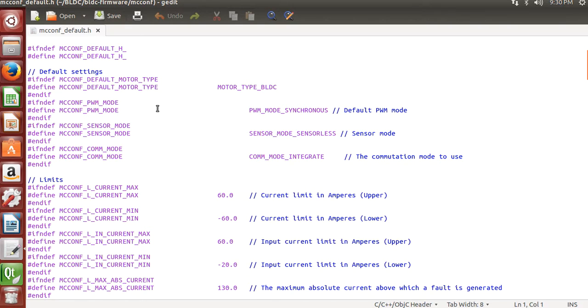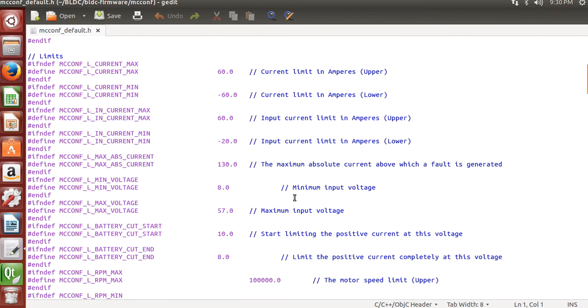It's very self-explanatory. Right here, it says motor type, BLDC. If you change this to FOC instead of BLDC, then you have it set to FOC. If you change it to DC, then it's now in a DC mode. This is your PPM, your sensored mode, communication with things like that. This is your limits, so your max current for phase, your